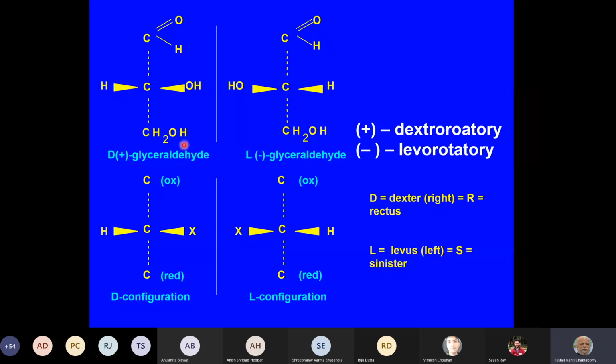So it originated from the glyceraldehyde structure. So you put the one which has a higher priority on your